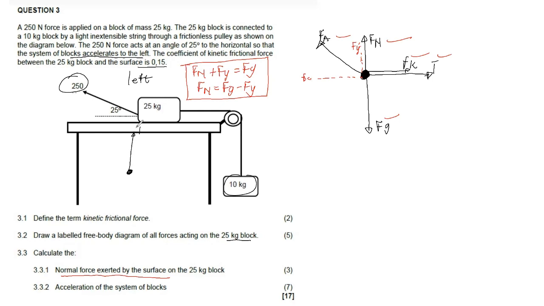So that means my tension needs to be longer than the FG, right? So that means tension is greater than the FG. And then we know our formula becomes T minus FG, right? So, okay, let's start with the 25 kg block. So we'll say for 25 kg block,